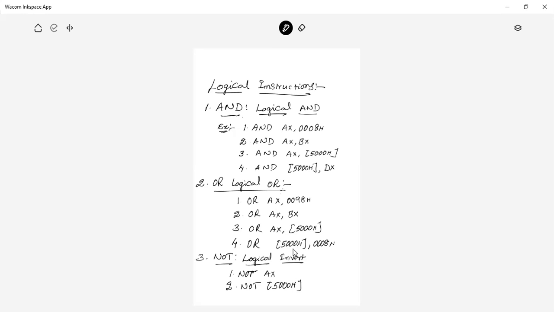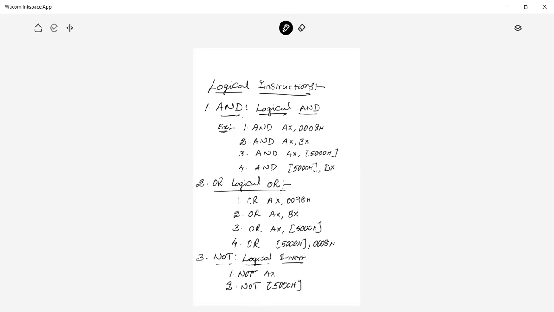Right, so like that, the contents of AX and BX, similarly AX and some memory location contents. Similarly, the content in a memory location and a direct number. I didn't put the square bracket here, so the meaning is that it is a direct number. Whereas when I put a square bracket, it means this is the address of the data. The data will be in this memory location, the 5000 memory location, right? So I'm not displaying the number here, I just gave the address of the number. Whatever number is available at this address will be operated with 0008, right? That is the OR operation between the content in the 5000 memory location and 0008.